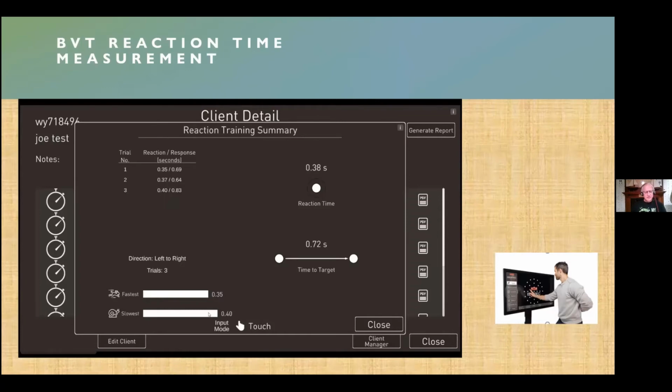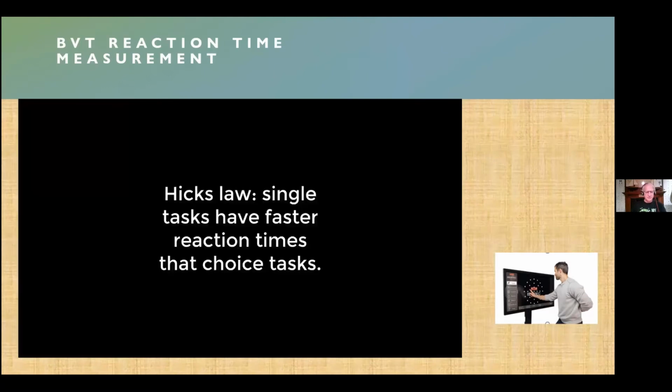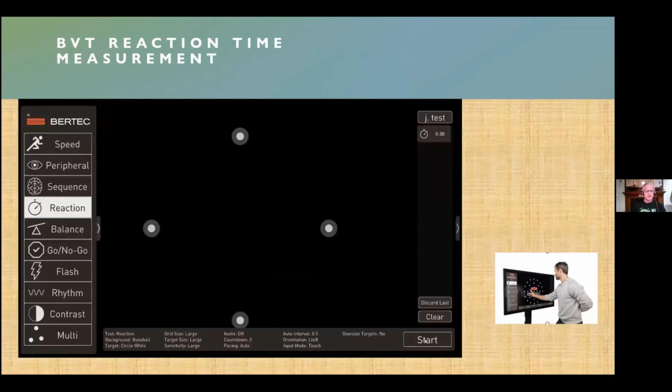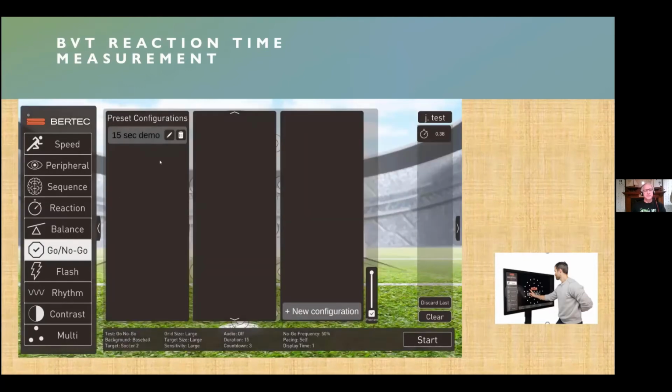And, you know, there's a lot of variables to this. And probably the biggest one is how many choices do I have and how many different actions do I have to do? You know, the other part of Hick's law says that if I have a single task, a single action to do, it's going to have a much faster reaction time, response time, than if we have multiple